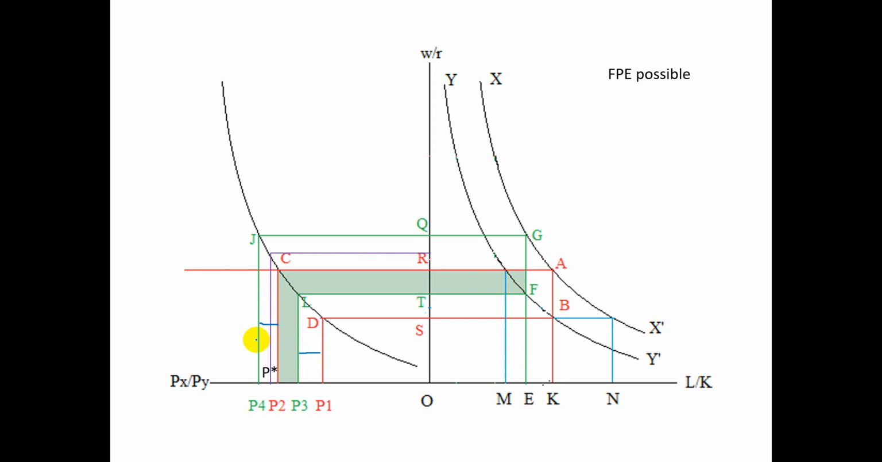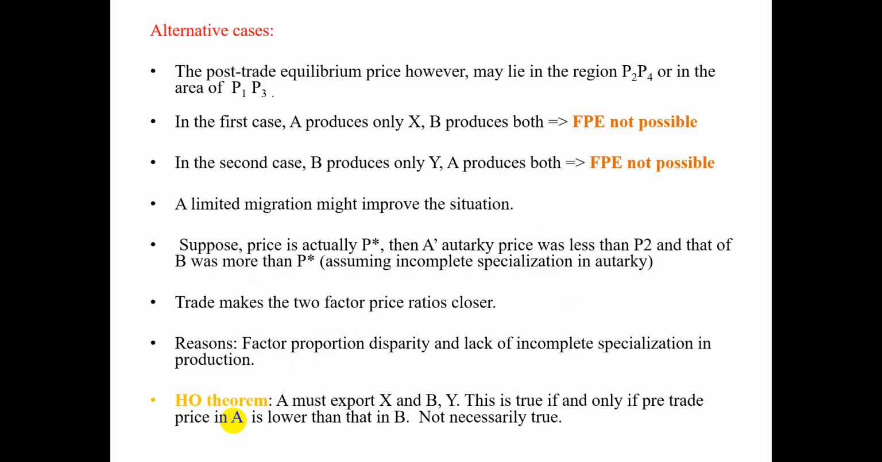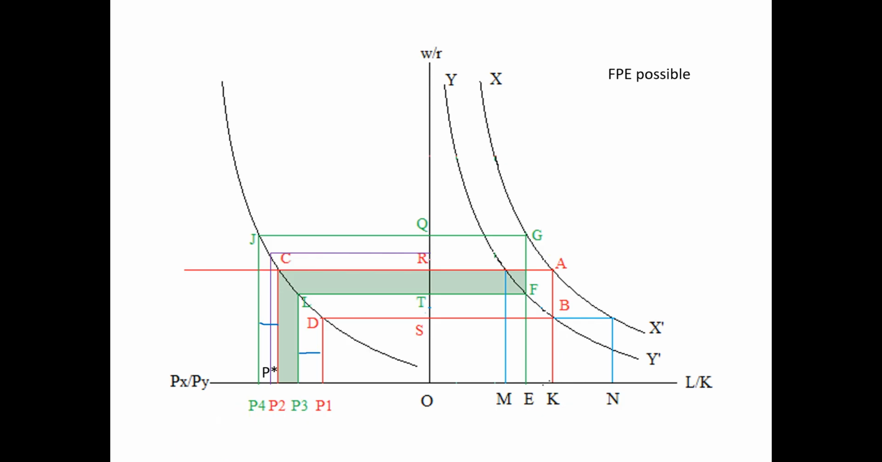Now what happens if the post-trade commodity price ratio lies in the zone P4, P2? Now this P4, P2 zone is actually lying in the P3, P4 zone. So here this is the zone for country A. Therefore, in this zone, country A will be producing